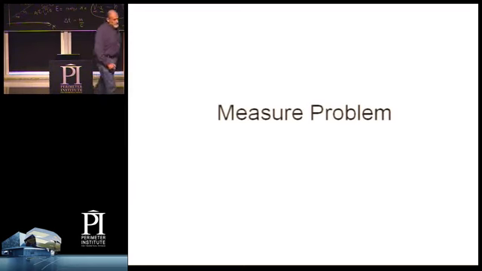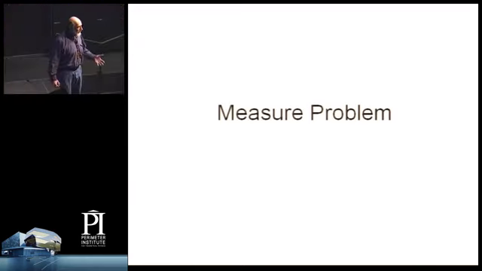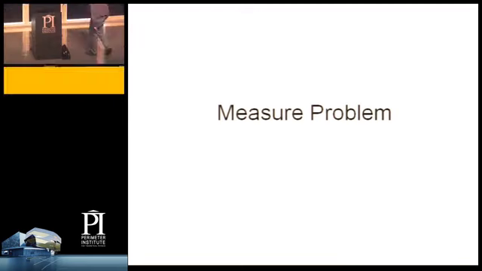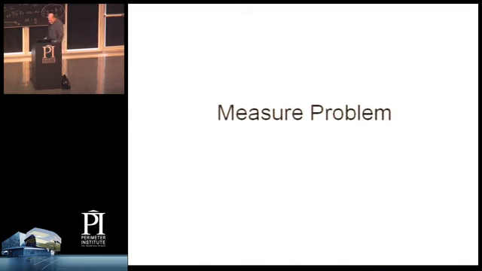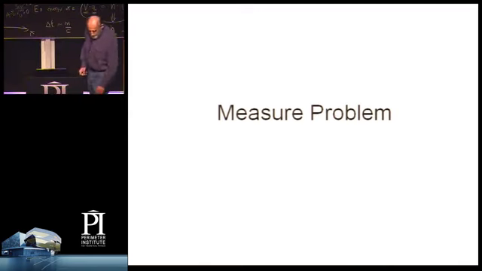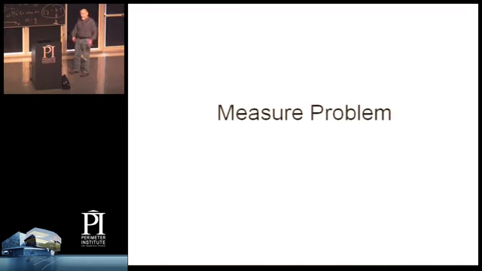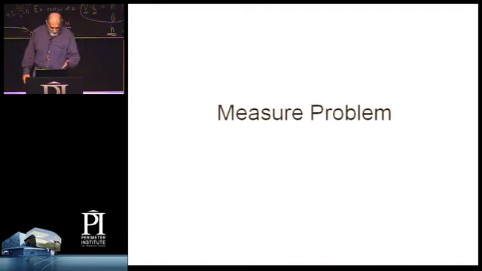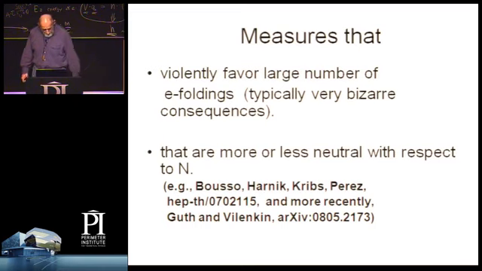Now, to answer the question of how much e-folding took place, since we don't know for sure and we can only make probabilistic arguments at the present time, you have to have a theory of probabilities, a notion of measure on the landscape. How many regions of the landscape have this number of e-foldings, that number of e-foldings, and so forth. The subject of measures on the landscape is in a primitive state, although I happen to think some progress is being made on it, not by me.